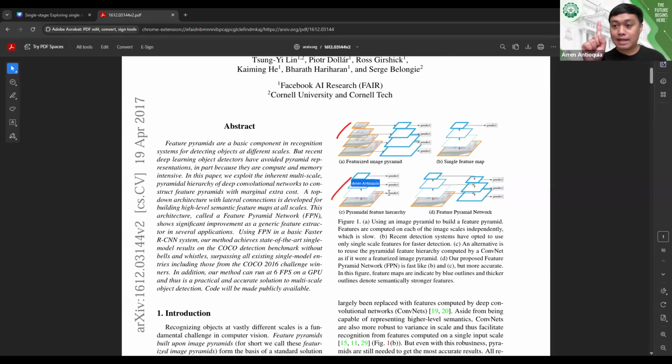But here, one image size, pass it through the convolution layer, and we know the convolution would produce smaller and smaller resolution of the feature maps, or in our computer vision class, we call it templates. So this is a template that has a larger resolution. This is a template having a lower resolution, and we're going to give predictions for each feature map or for each template. What FPN, or feature pyramid network, does is it takes all of these ideas into account,